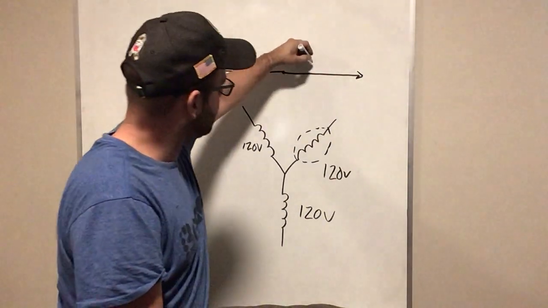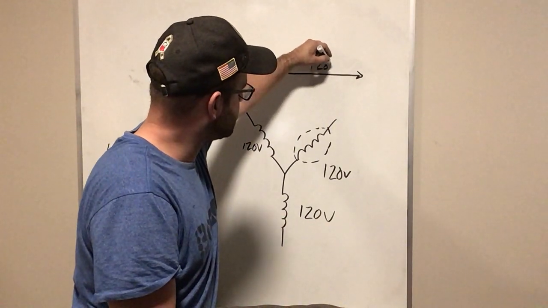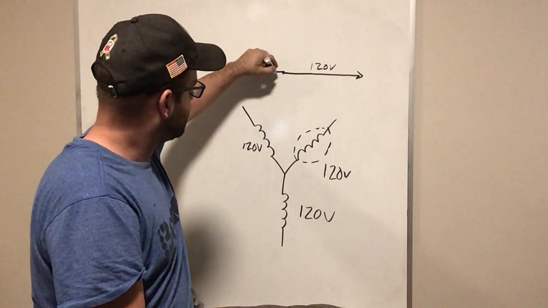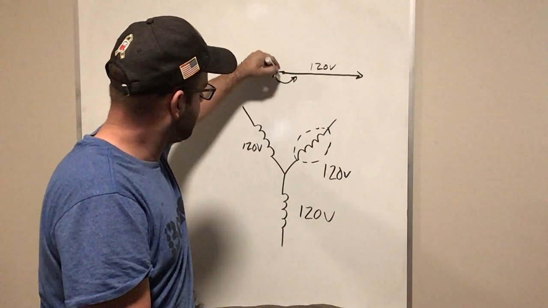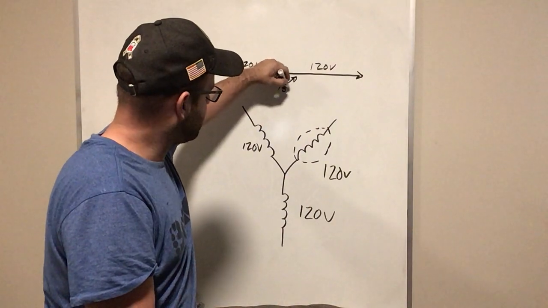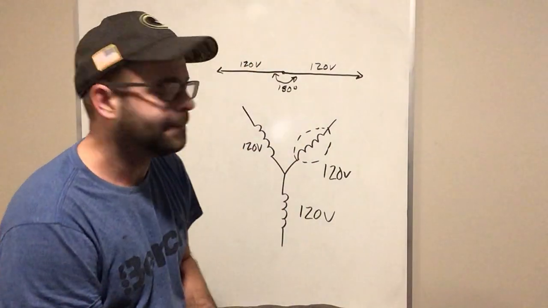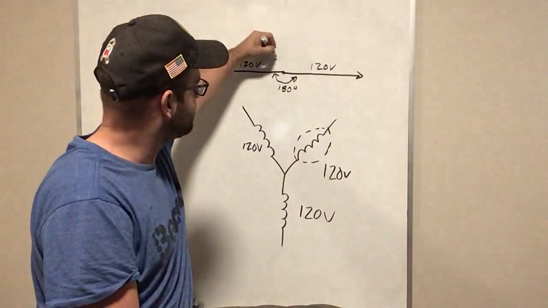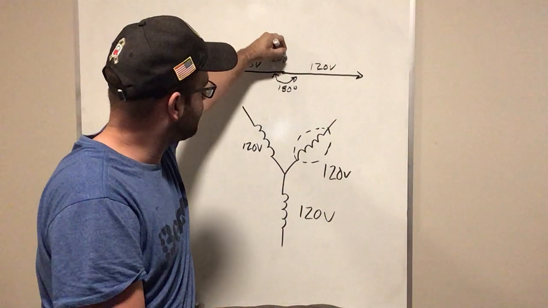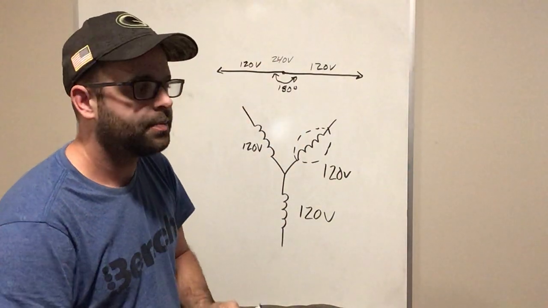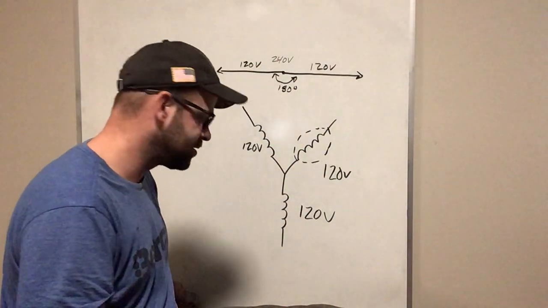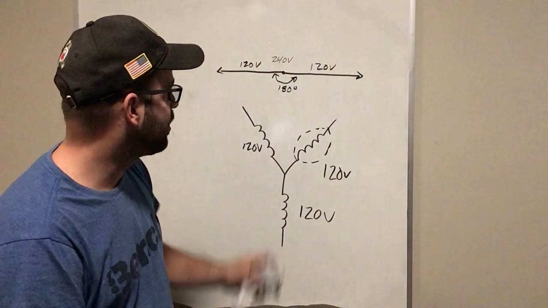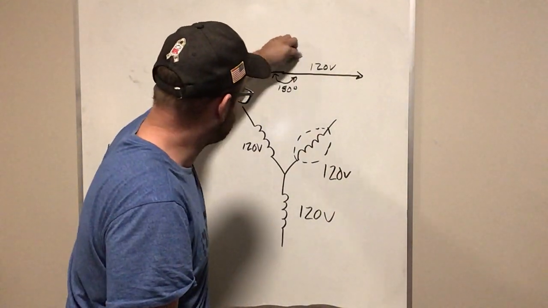We would end up seeing that we have 120 volts, 120 volts, and these are 180 degrees from each other. We could add the vector sum of those two, and the vector sum of those two would be 240 volts. Okay? Because they're not 180 degrees out of phase with each other, but instead are 120 degrees out of phase with each other,